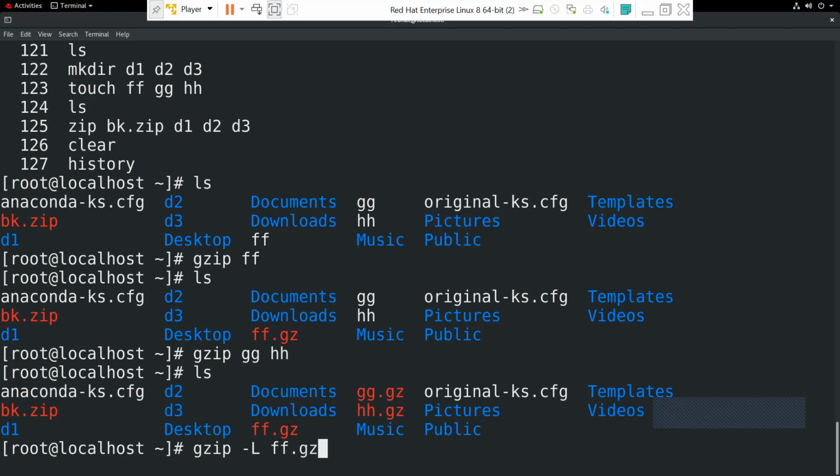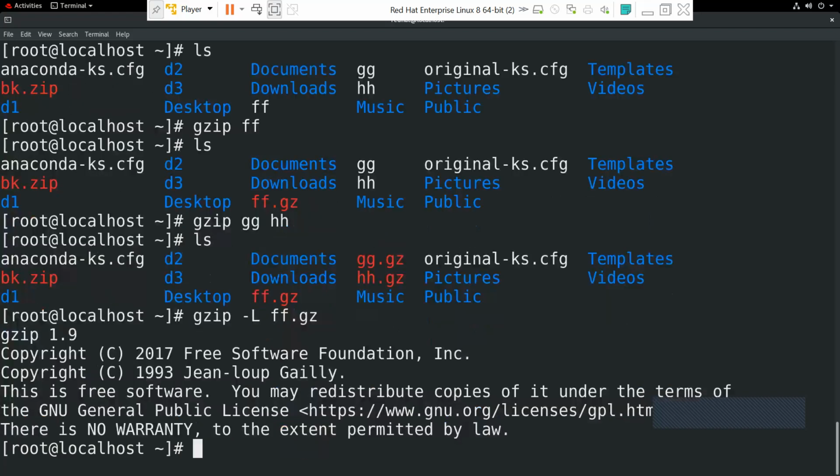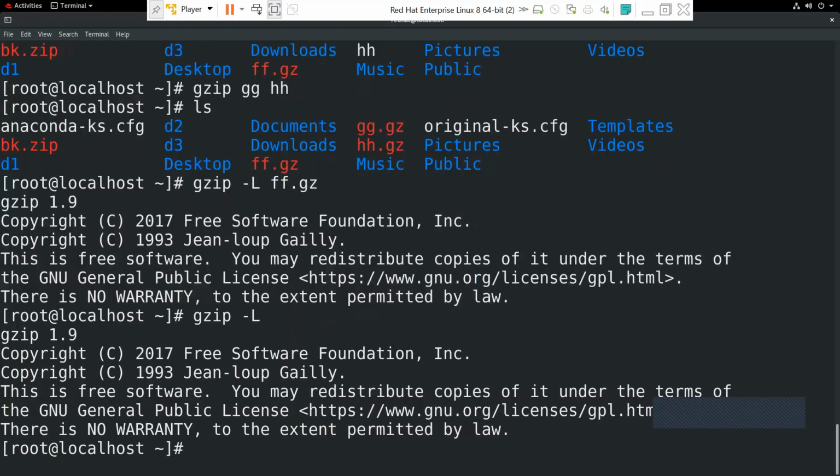So what is the license, the software, then the version of gzip and everything will be given to us. I think without the file also we can check it. Actually for every command there will be a big program behind it. So this is the way of